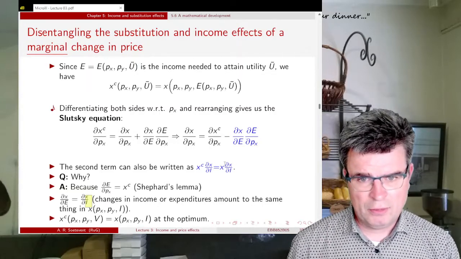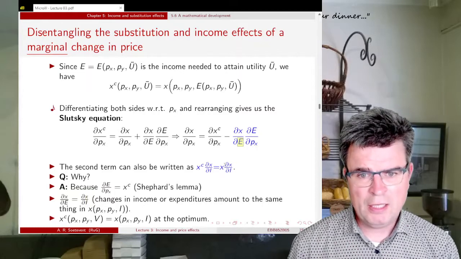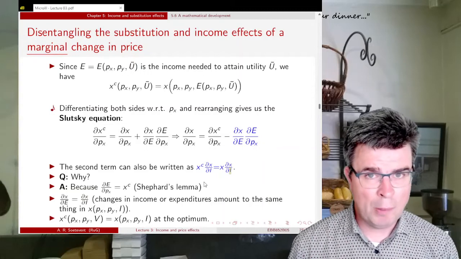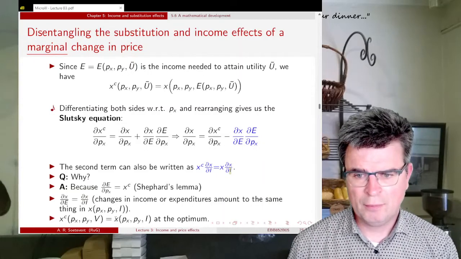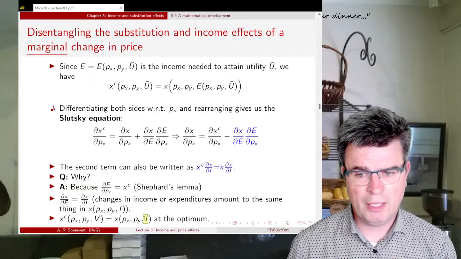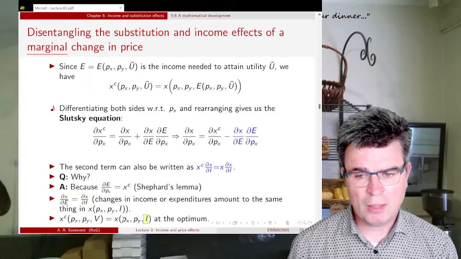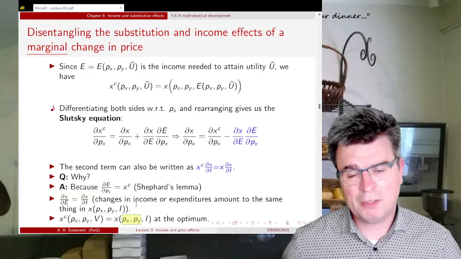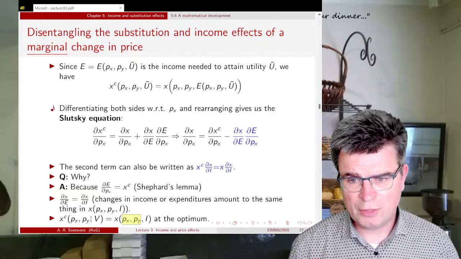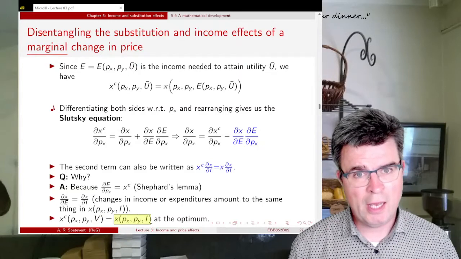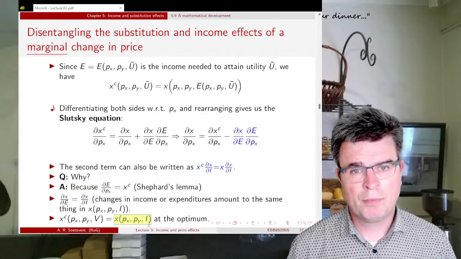So that leads us to substitute the E for a capital I here. And finally, at the optimum, it needs to hold that the compensated demand and the uncompensated demand are equal. So if we have an income I that allows us, and given prices P_X and P_Y, and we maximize our utility such that it reaches the utility level V, then at the optimum we will consume X units